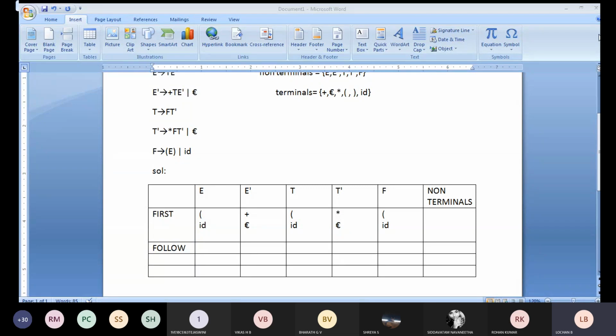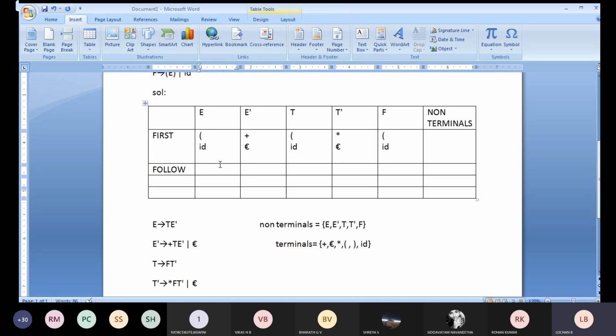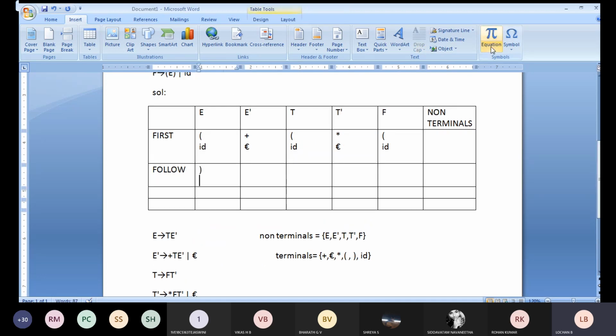So what we will be discussing in this particular follow means we will be getting 3 steps. I told you that. Which are the 3 steps? First step is place dollar in the follow of S, where you see the start symbol, and dollar is the right input end marker. So whatever result you are going to get with respect to the follows, finally we will be attaching a dollar. Dollar is nothing but your termination. So we have completed that particular part. So what is the follow of E you are going to get? You will be getting close bracket along with that dollar symbol. For all follows, you will be representing the dollar symbol.